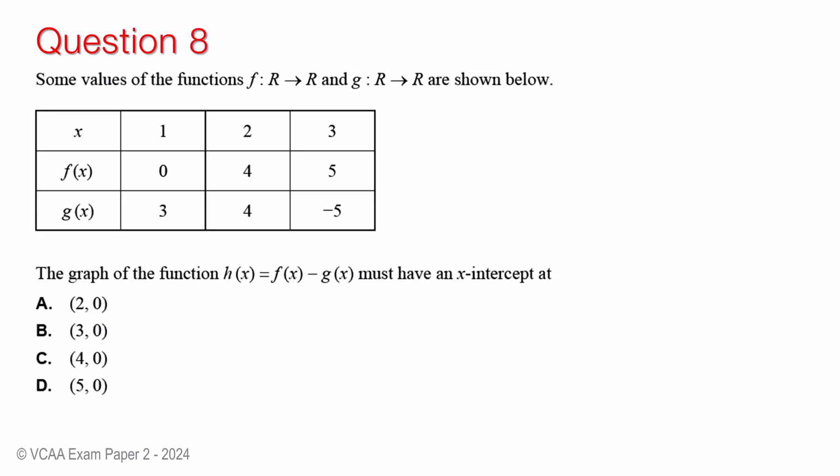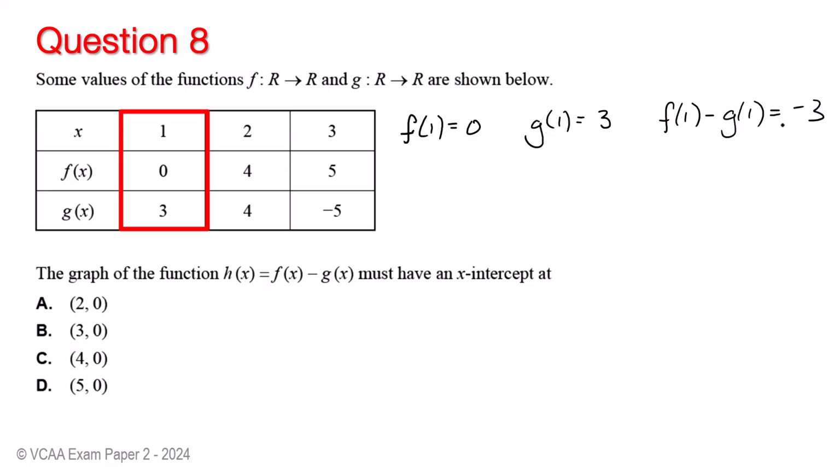Question 8. This question relates to addition of ordinates, or in this case, subtraction of ordinates. The first row of the table represents a selection of x values. The second row is a corresponding y value for the function f of x. The third row is the corresponding y value for the function g of x. We can therefore work across the table and work through each point. When x equals 1, f of 1 is 0, and g of 1 is 3. So f of 1 minus g of 1 equals -3,